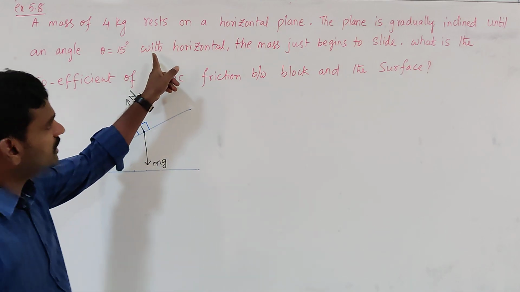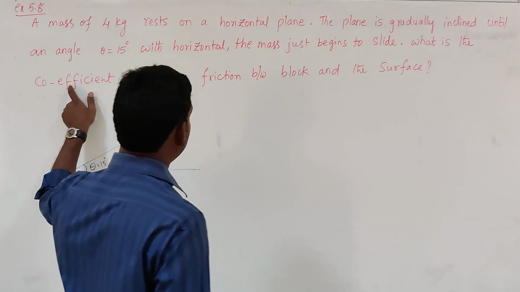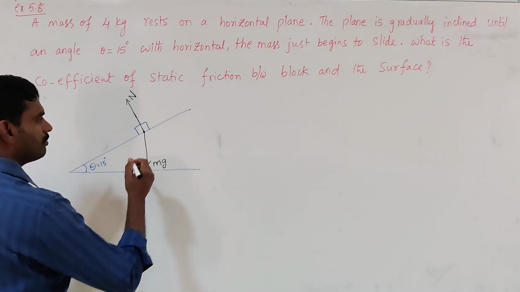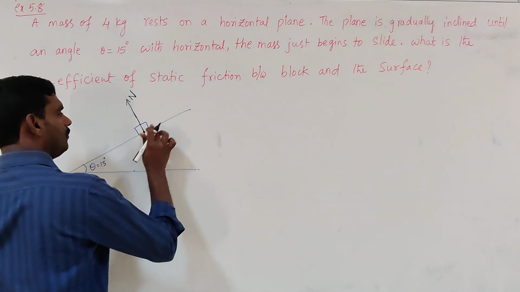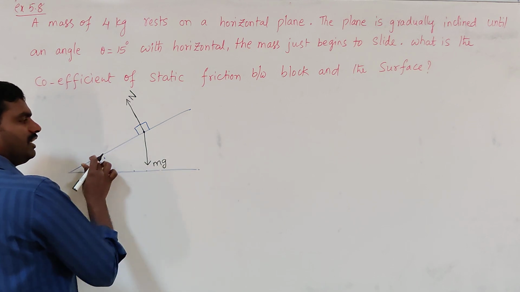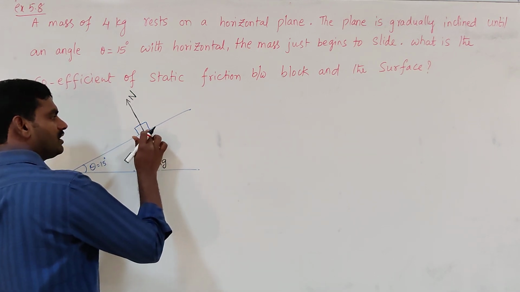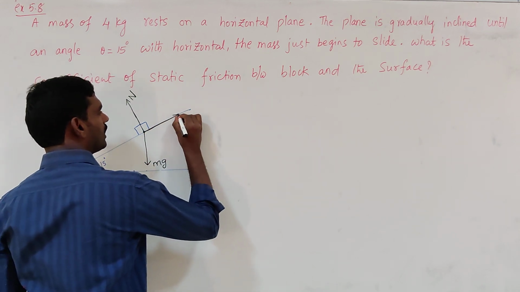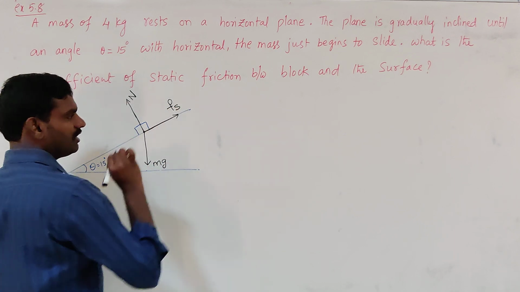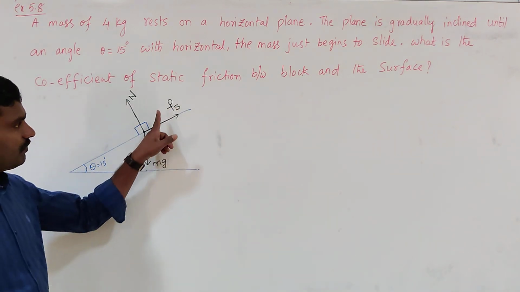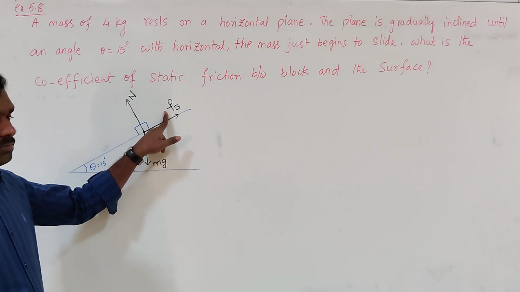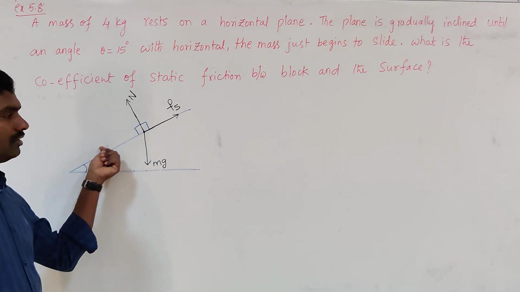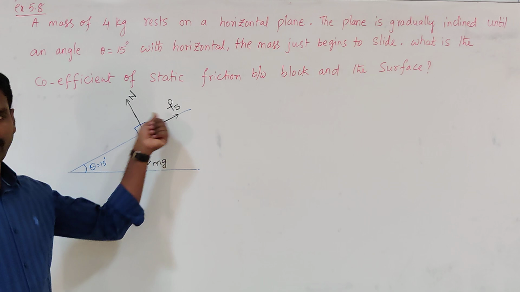What type of friction is this? The body still is at rest. It is about to slide, not sliding, about to slide. Still the object is at rest. If there is no friction, this body would have slid like this. So the frictional force must be opposite to this motion. That means the frictional force might be like this. What type of friction is this? Static friction. We are identifying the friction direction by assuming the motion. If there is no friction, the block would have moved like this, so opposite to motion, the frictional force will act like this.